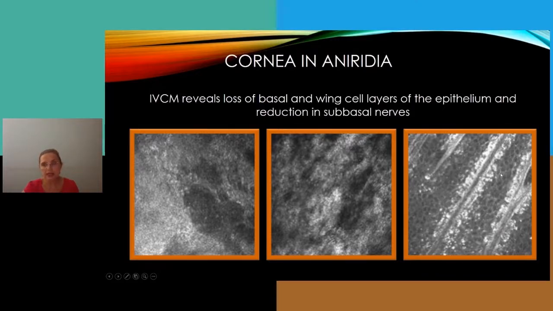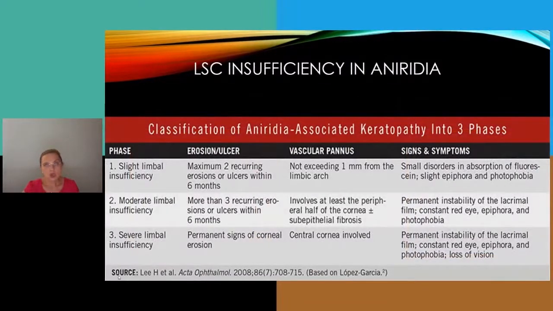As you can see, the palisades and the limbal stem cells are very tiny. So basically the palisades look more like little threads than real massive palisades. We have also absence of subbasal epithelial nerves. We have very destructured subbasal layers, and also we have a reduction of the basal epithelial cells, like shown here. When we are talking about limbal stem cell deficiency, I would like to remind you of a relatively old but very, very good classification made by Lopez Garcia.